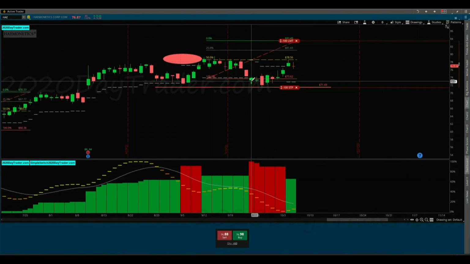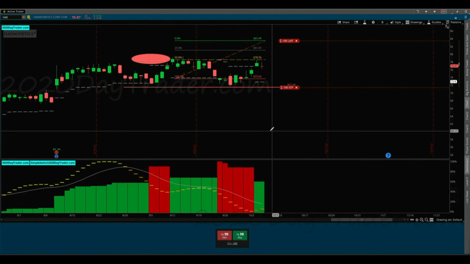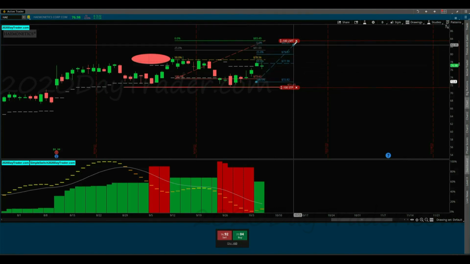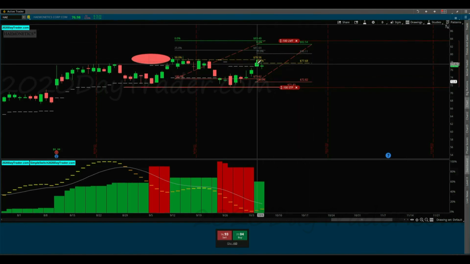This was the trade. It came back. It's a loser. Market structure, though, gave some ability to get more out of it there. And then this is the current trade right here. So I'm going to mark this up. Right there is the current ideal trade for HAE, and that's the trade that we're basically in right now.